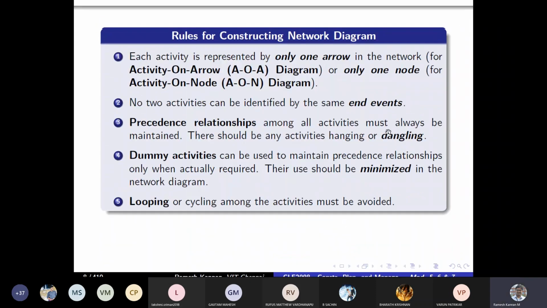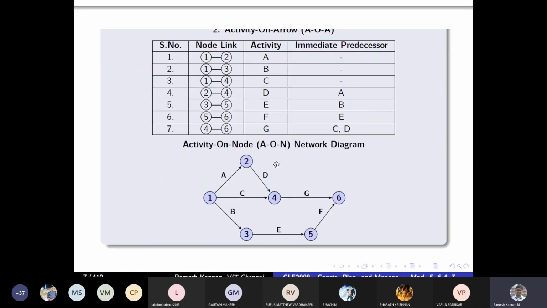And for the relationship between activities, there are four relationships. We'll talk about that now. But before that, it should not have any activities hanging or dangling, or form a cycling or looping, as I told you. In case there is any hanging activity, say 1 to 2 is A, and T is not there, then this will be a hanging activity.